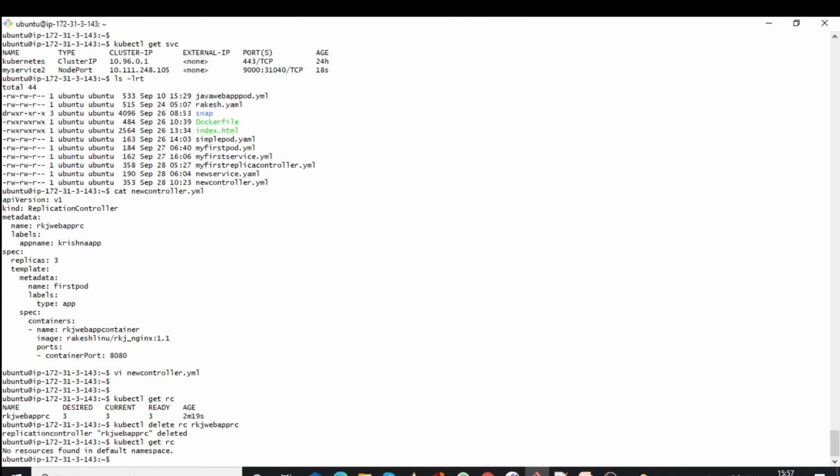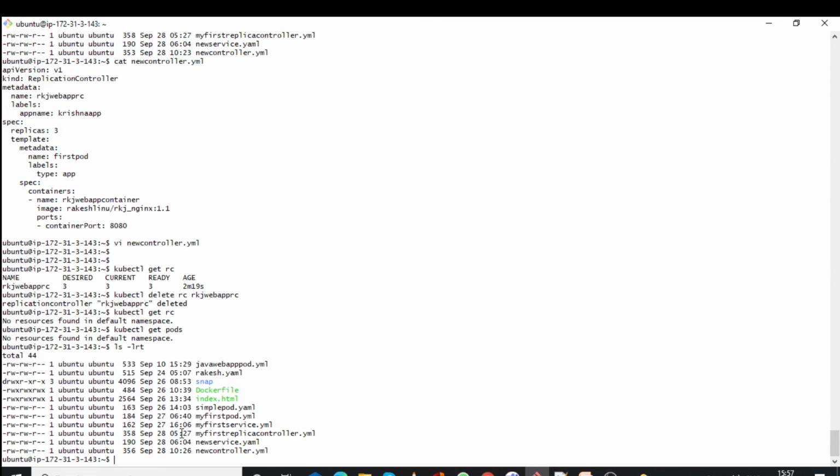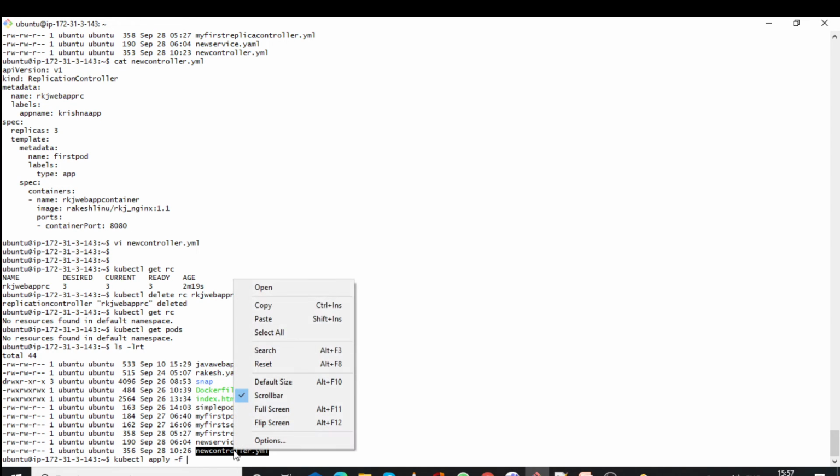Okay, so kubectl get pods, you can see there is no pod. So let's create the pod again with the new label. kubectl apply -f. You can use create -f or apply -f.